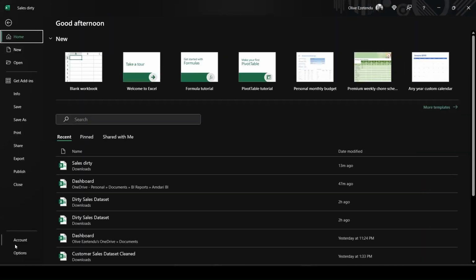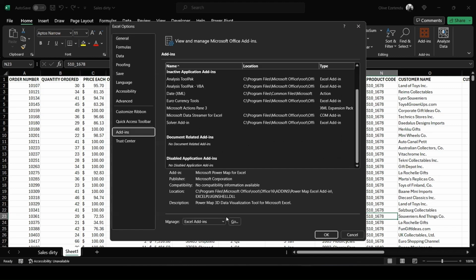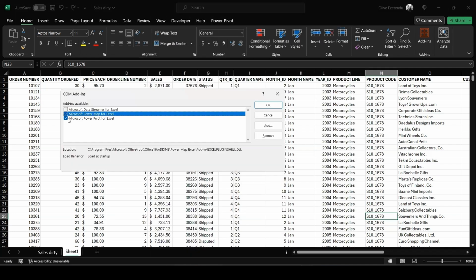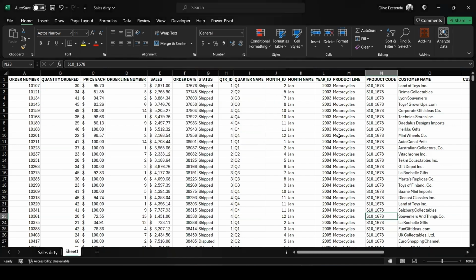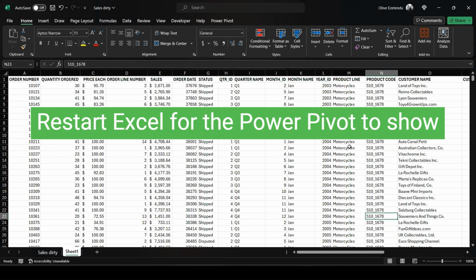In order to enable it, go to File, come to Options. You're going to go to Add-ins, and you come here to Manage, and you're going to click this, which is the COM Add-ins. Then you're going to go to Go, and now you can see that I have mine enabled. Okay, mine is activated. So if yours is not checked, kindly check it and click OK. Now when you're done clicking OK,